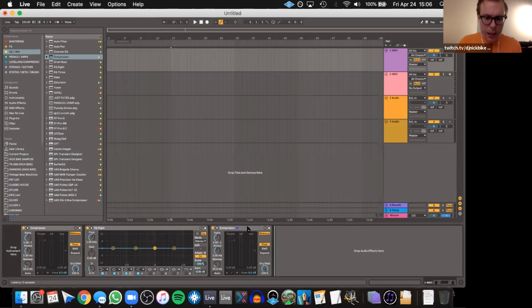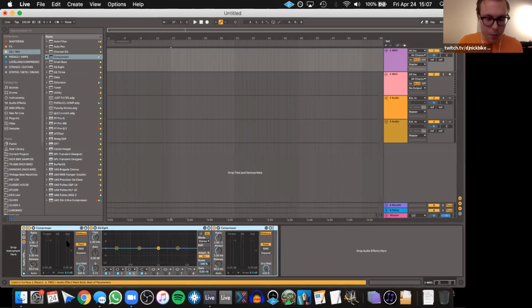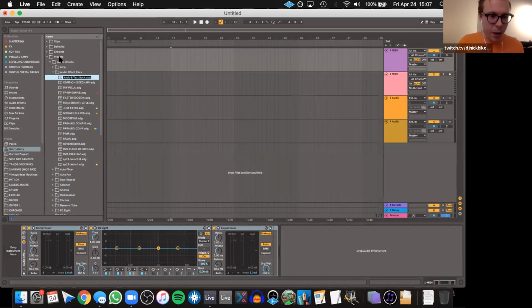You can select all your effects here, Command G, group them, and then in the bottom left here, there's a little disk. You're going to want to save that. And then in your audio effects rack and your presets, this will pop up and you rename it to CFLO, EQ, comp, whatever. And then that's saved. Whenever I drag that in, that's exactly the same thing that will show up. So I delete that, I pop this back in, same thing.